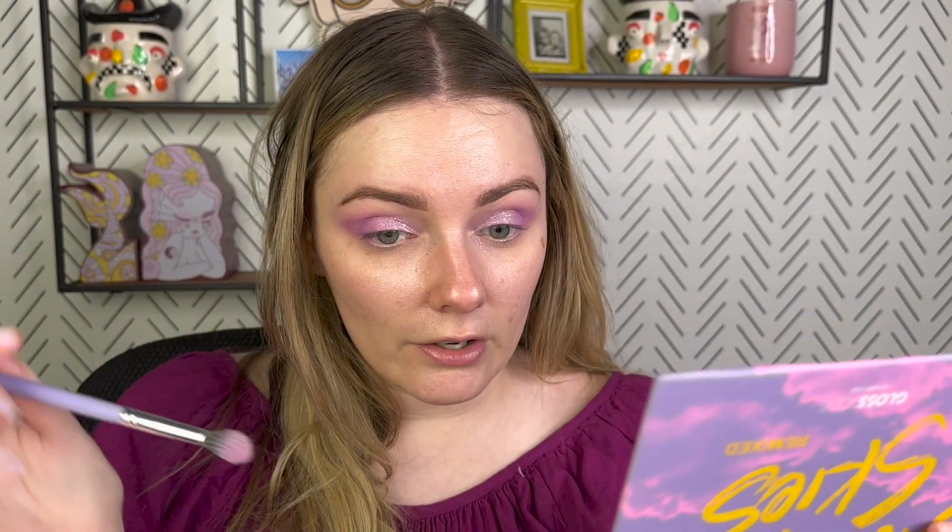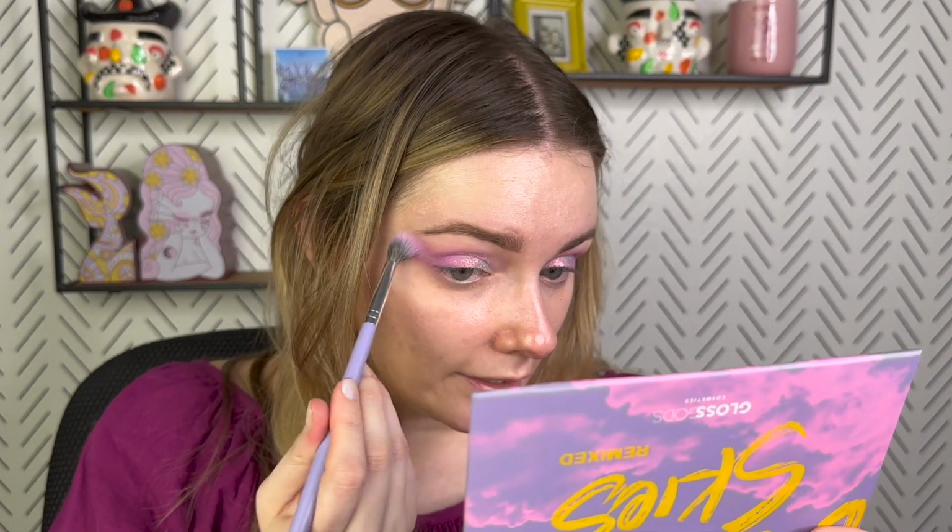So, you guys, this is the freaking prettiest three shade eyeshadow look I've ever done in my life. This is so gorgeous. This skin over here is really sensitive, so every time I'm blending it, I can feel